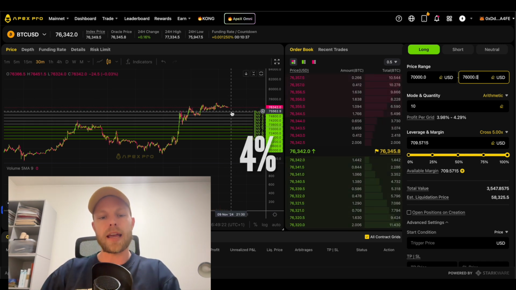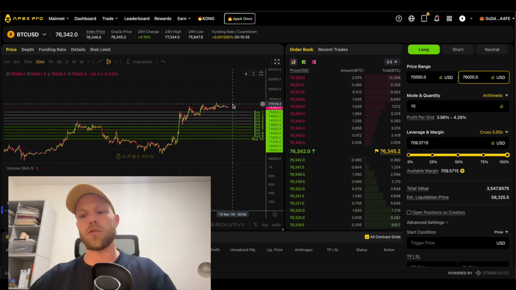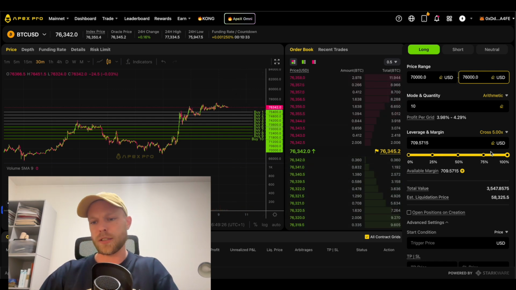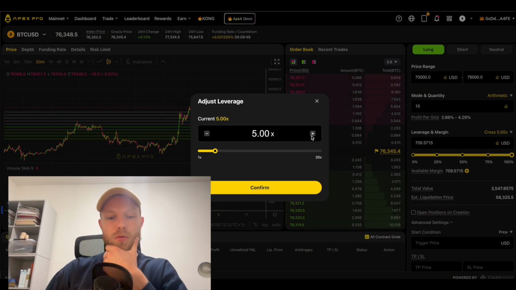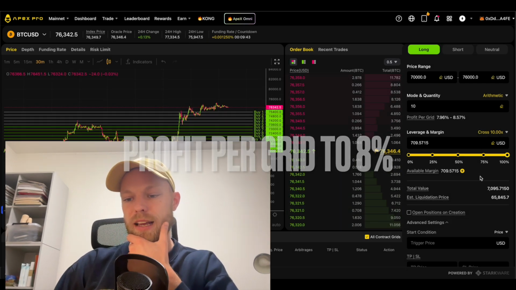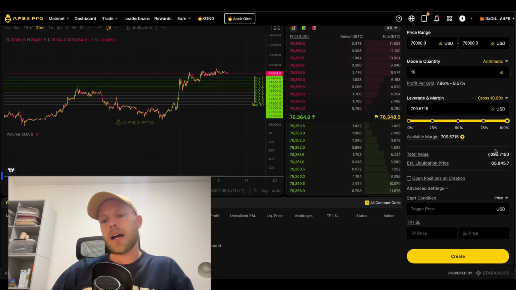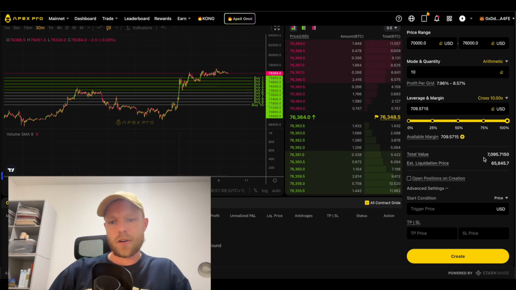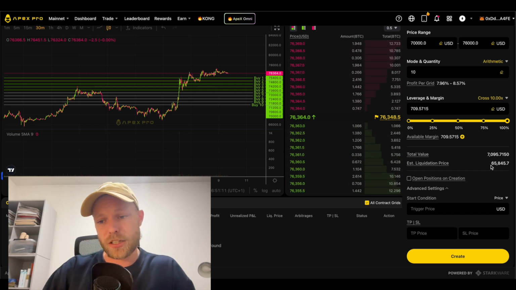So with every buy, when we see a bounce and we have a profit of 4%, this bot will close the position. Then below here, you can set the amount of leverage. So we right now are sitting on 5 leverage. Let's make it a 10x leverage. We just put 100% of our account in there. Then we have a total order size of roughly $7,000 and an estimated liquidation price at